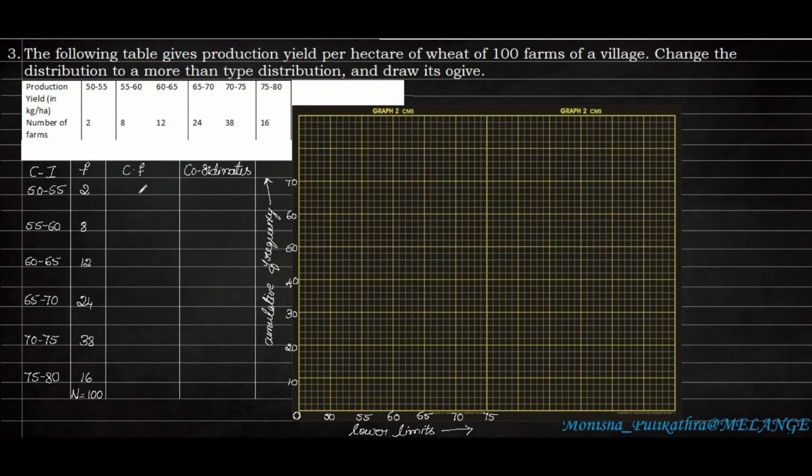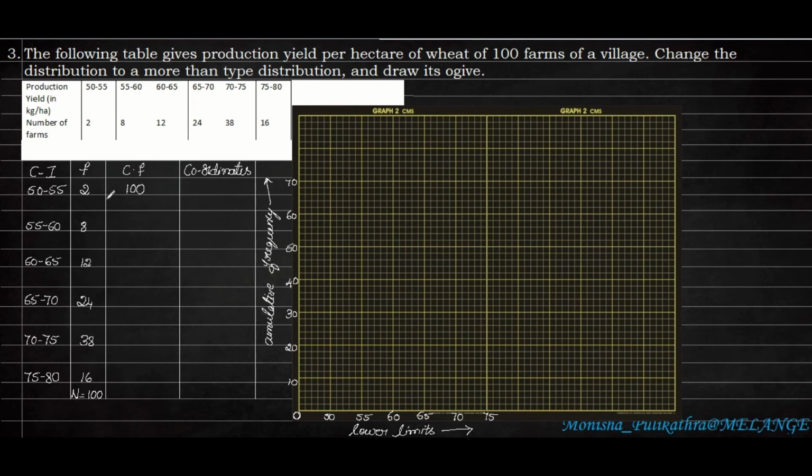So in less than type, we will be doing the addition, whereas in more than type, we will be doing the subtraction. And one more thing: in less than type, if less comes, you have to take the upper limit. If more comes, you have to take the lower limit. That is the thing we have to keep in mind. Here, the frequency which they have given, we have to add it. The grand total of the frequency is 100. So that is the first number which we are going to write in cumulative frequency if the question is more than type. So this is 100 where we will be writing it.